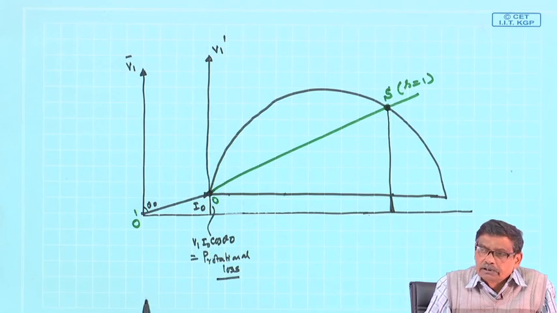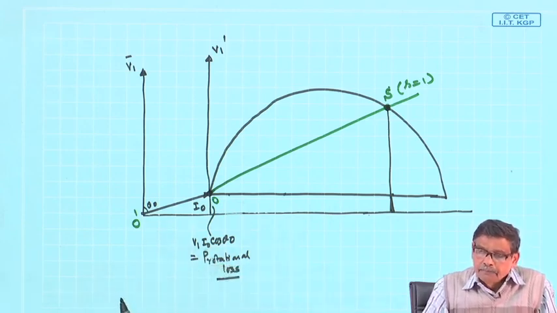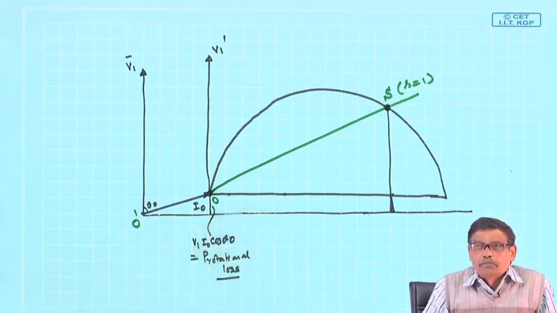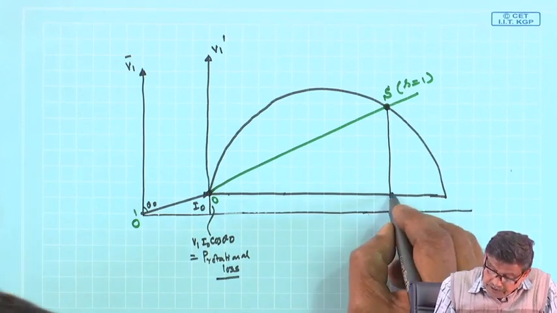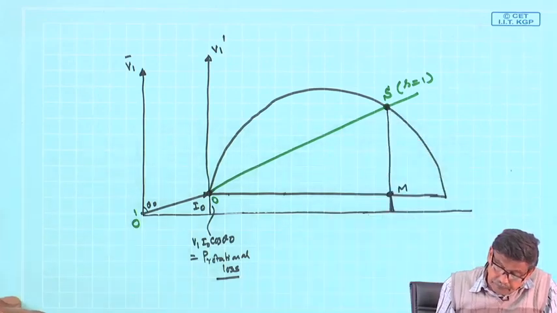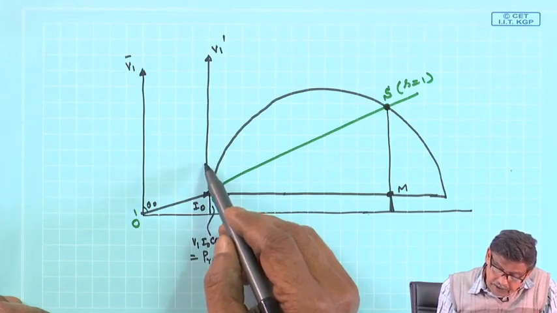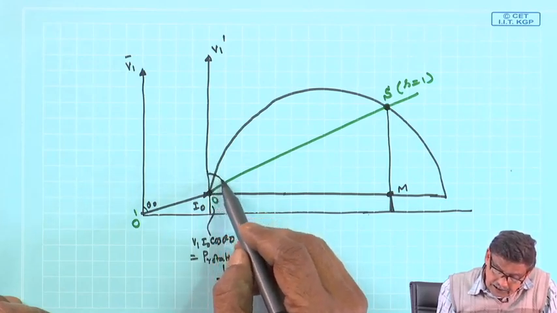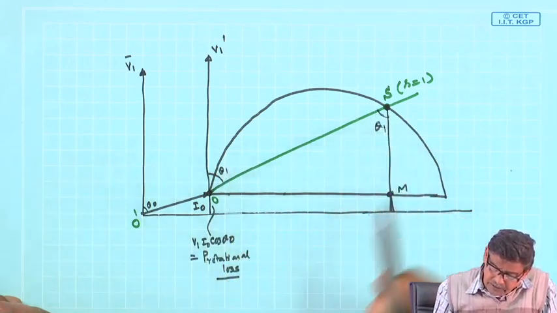This time I have not neglected stator copper loss. So, there will be stator copper loss, then there will be rotor copper loss, then there will be the mechanical power output. These are the three things. So, let this point be M. Okay. So, V1 into, if you call this angle theta 1, this will also be theta 1 in the same way. So, Sm